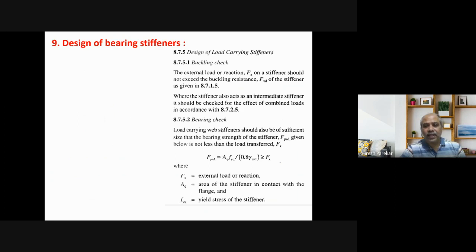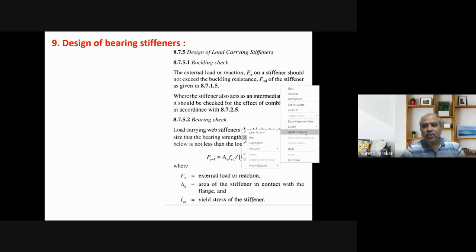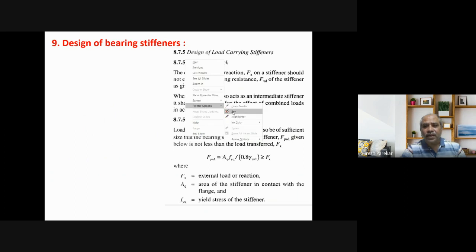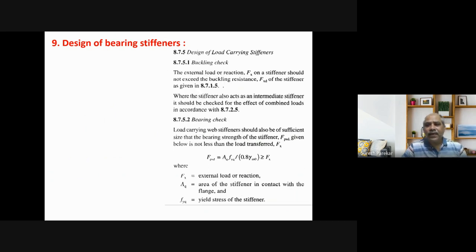If we go to IS 800:2007, you are going to see clause 8.7.5, which gives the design of stiffeners. In this we have the bearing check. You can see that Fx on the stiffener should not exceed the buckling resistance. So we have Fxd of the stiffener as given in 8.7.1.5, where the stiffener also acts as an intermediate stiffener. It should be checked for the effect of combined load in accordance with